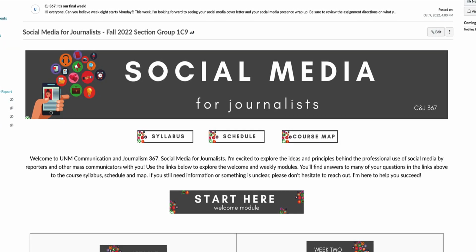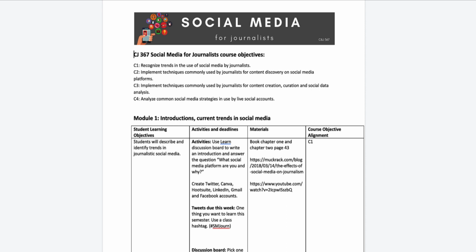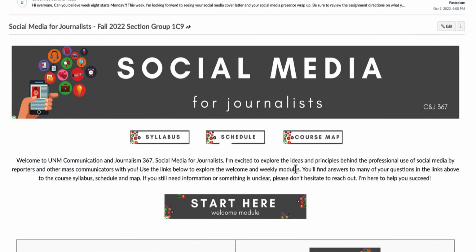I should mention the course map is something that I rely on because I'm using backwards course design. So I'm thinking first about objectives and goals for students, and then thinking about technology, assessments, assignments, activities, things like that. So we've got some fun interactive graphics here, and then I make it really clear where to start